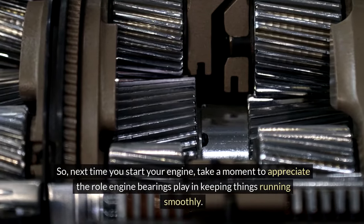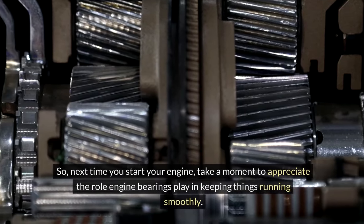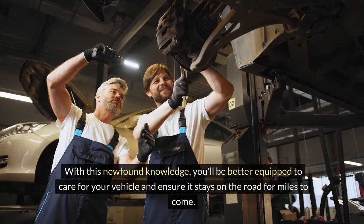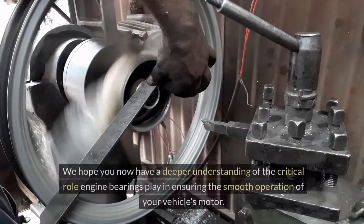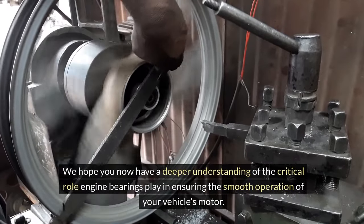So, next time you start your engine, take a moment to appreciate the role engine bearings play in keeping things running smoothly. With this newfound knowledge, you'll be better equipped to care for your vehicle and ensure it stays on the road for miles to come. We hope you now have a deeper understanding of the critical role engine bearings play in ensuring the smooth operation